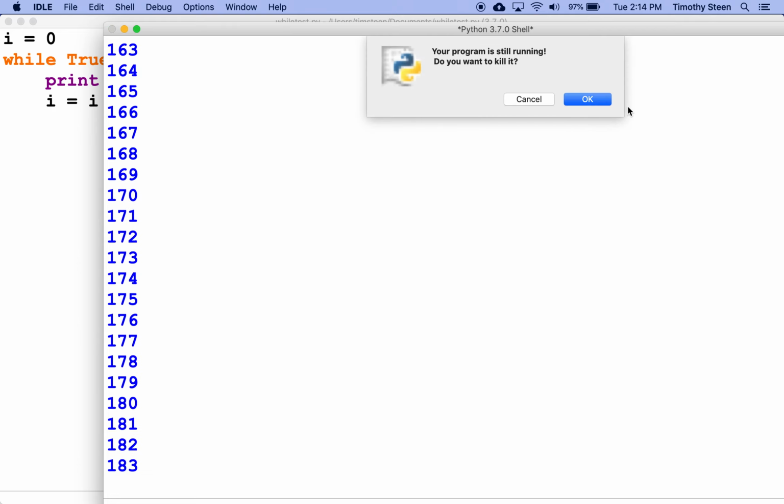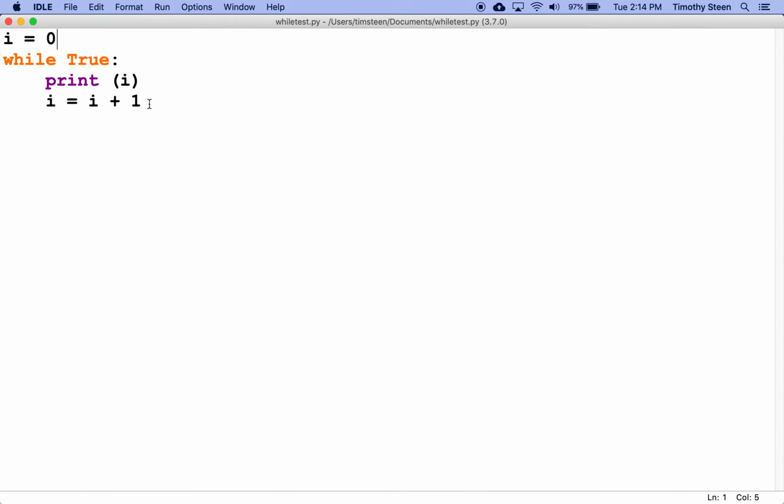By the way, some people might know this already based on other work that they've done, but you can do the same thing that I just did, i equals i plus 1, which takes the old i, adds 1 to it, saves it in the new i. This happens so often in computer coding that i plus equals 1 is the shortcut for that. And of course, it doesn't have to be a 1 either. You can say I want to increase by 5 every time. You can even say minus equals if you want to go down every time,